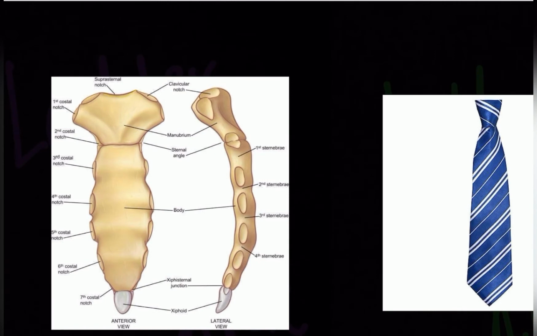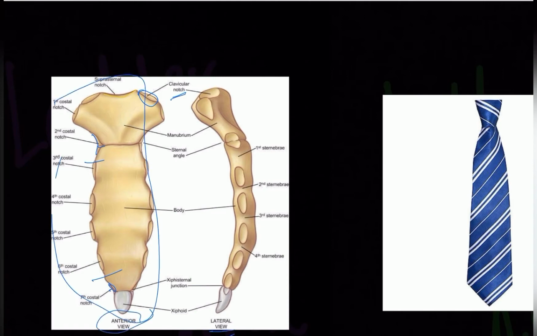As it is given, the sternal notch. It has this clavicular notch. This clavicular notch is where the medial end of the clavicle will attach. Then you have the manubrium. You can see the second costal notch, right? The second costal notch is for the second rib. Then you have the third costal, fourth, fifth, and sixth. To be exact, from 3 to 6 the body contains, right? Then the xiphoid process, very superiorly, will have this 7th costal notch. So this was the anterior view.